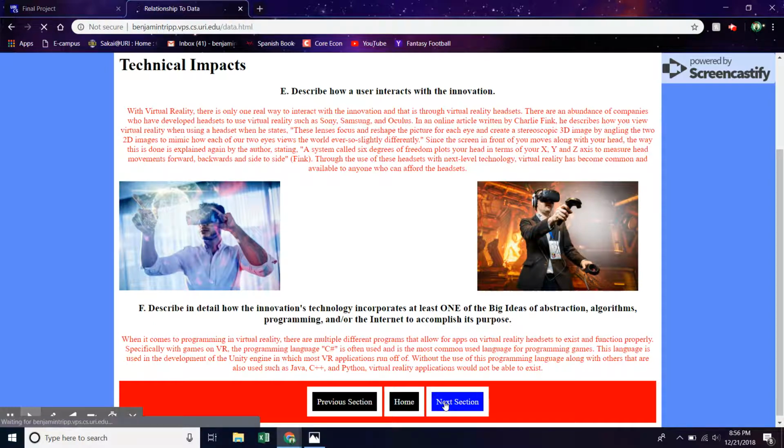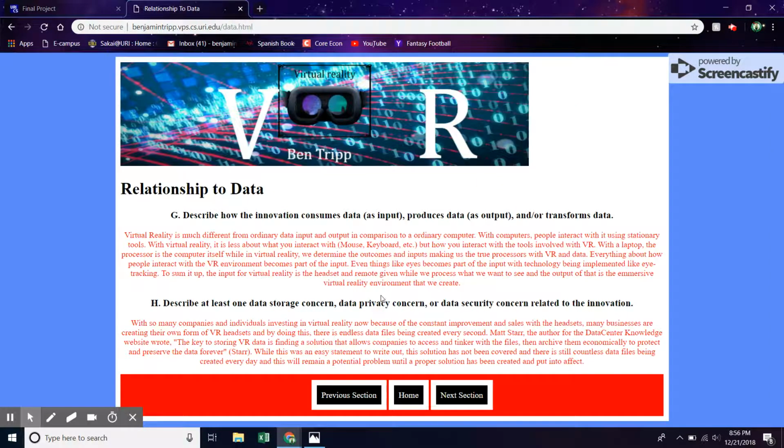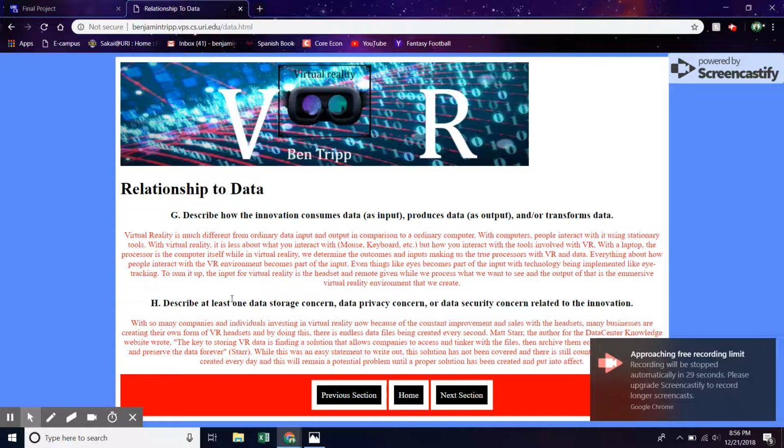So for my second to last page, I have my relationship to data page, which includes the final two prompts. For prompt G, it says describe how the innovation consumes data as input, produces data as output, and/or transforms data. So here I talked about the differences between a virtual reality headset processing data rather than a laptop processing data, because with virtual reality, the main processor in virtual reality headsets